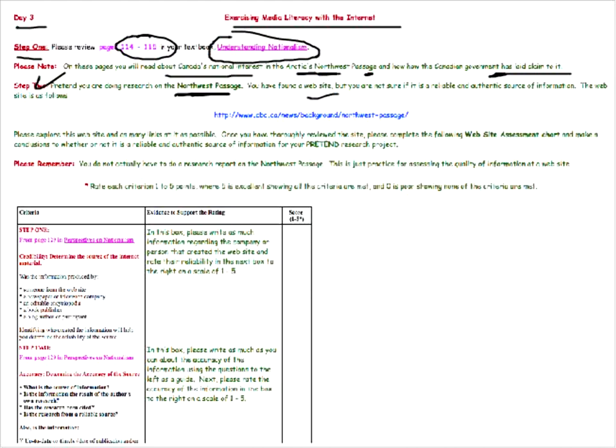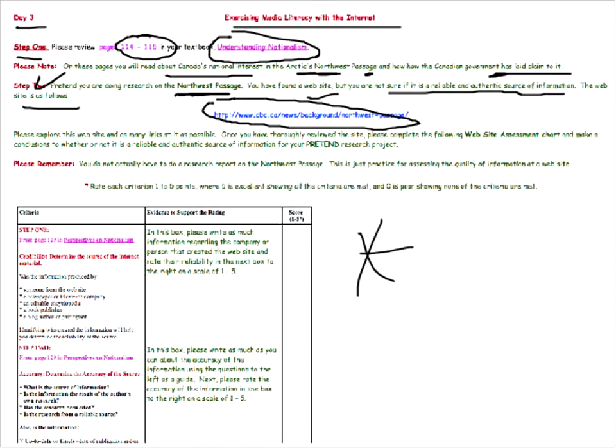You have found a website, but you are not sure if it is a reliable and authentic source of information. The website is as follows, right here. I give it to you in the lesson. Please explore this website and as many links on it as possible. Once you have thoroughly reviewed the site, please complete the following website assessment chart right here